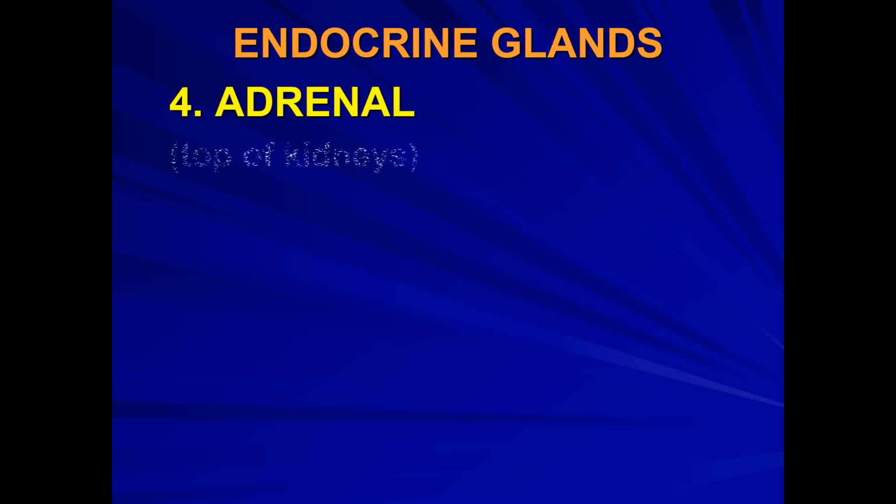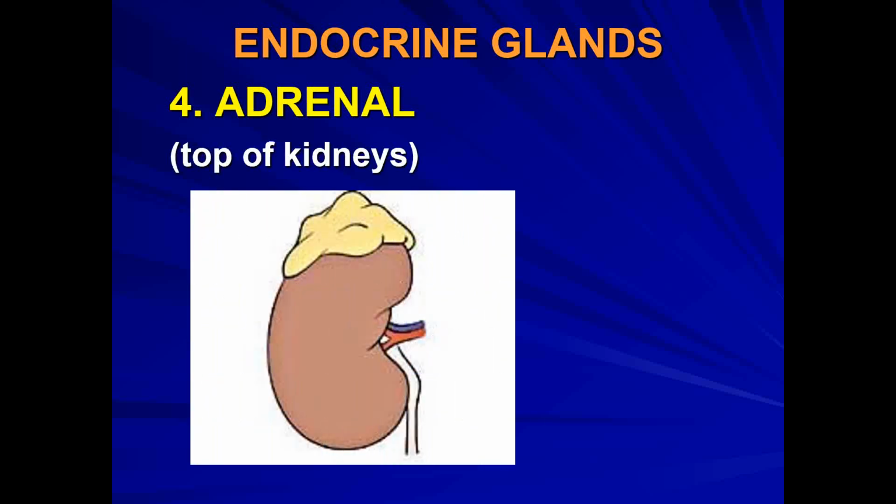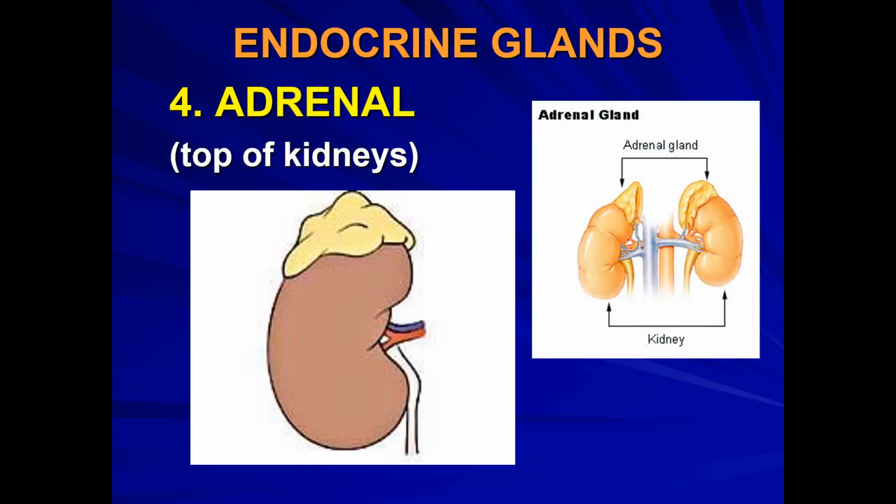Adrenal glands are located on top of each of the kidneys, the superior aspect of the kidney. Two kidneys, so we have two adrenal glands. Renal, as a term, always refers to the kidneys, so adrenal gives us a really good hint where we are in the body, located within the abdominal cavity.